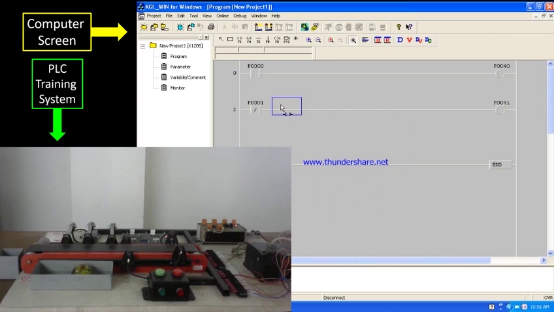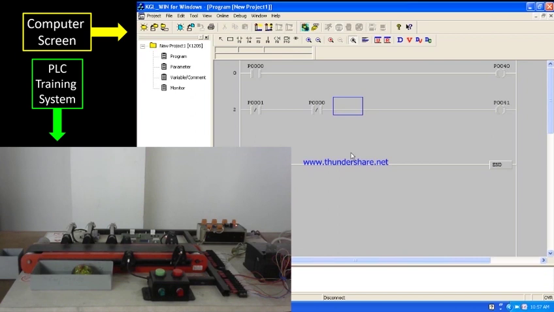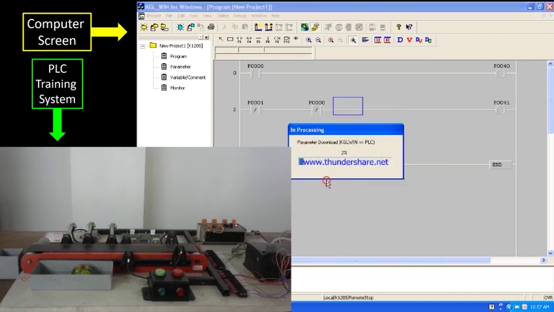Okay, so now if we have a normally closed P0 here,